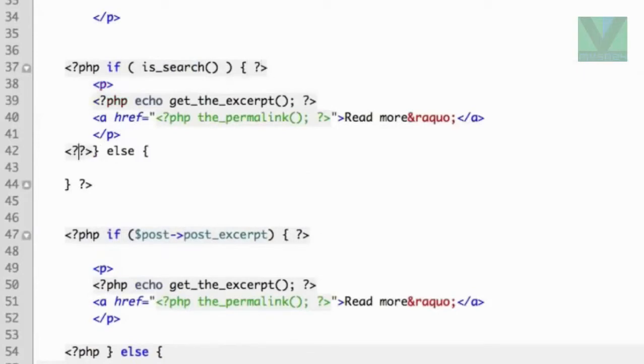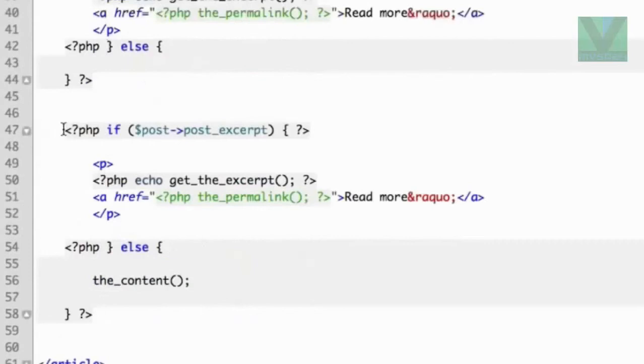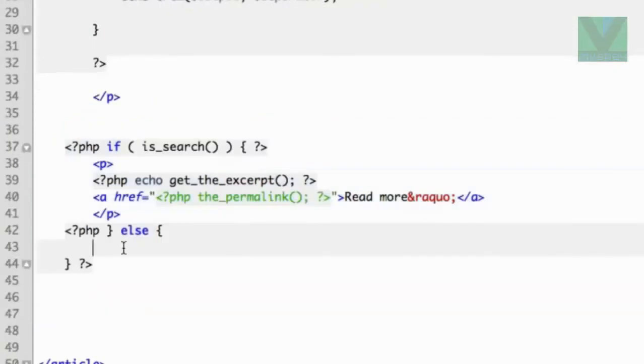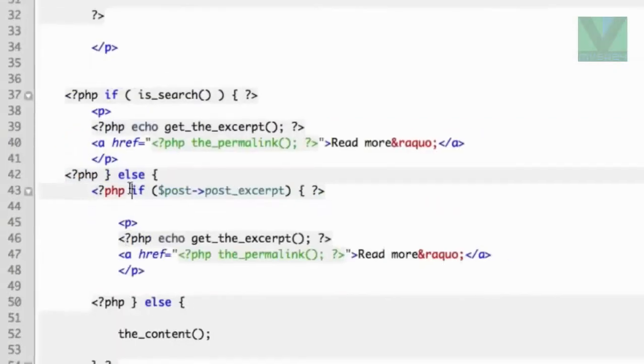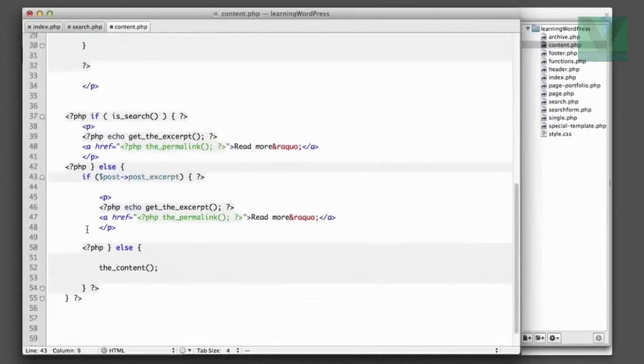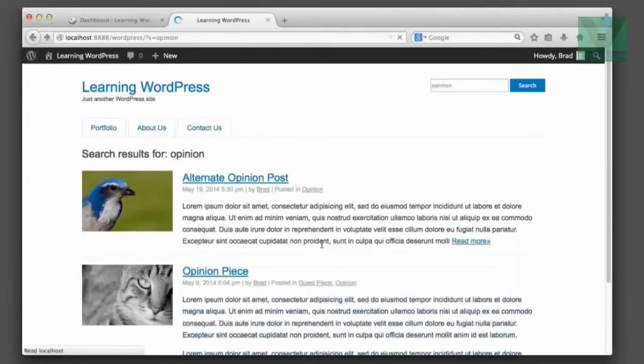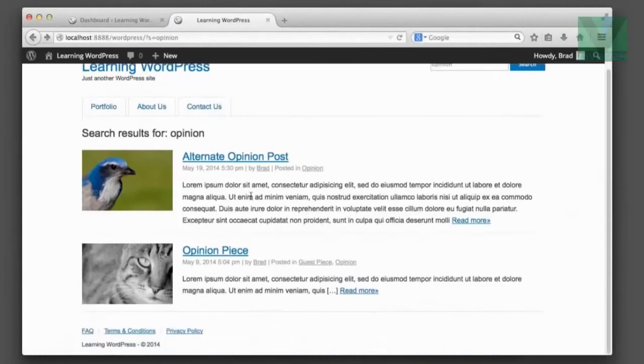Drop out of PHP and then back into PHP here. And then this entire logic that decides between the excerpt or the full content when we're on the home page can go in these brackets. So we'll just copy and paste this here. And then obviously we don't need to drop into PHP again, and then we don't need to drop out of it again. Okay, so now if we refresh,